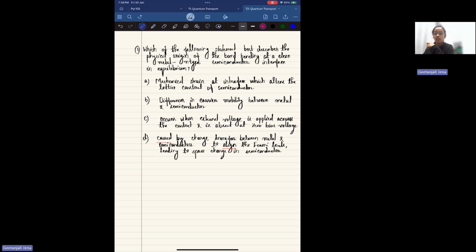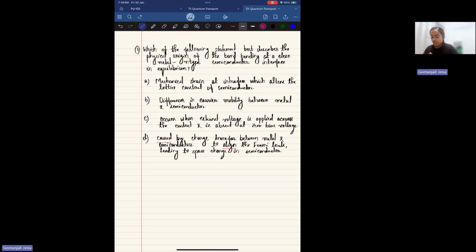C is that band bending occurs when external voltage is applied across the contact and it is absent at zero bias voltage. Option D is that it is caused by charge transfer between the metal and semiconductor to align the Fermi level, which leads to space charge in the semiconductor. So, which one of these correctly describes the physical origin of band bending at the metal and N-type semiconductor junction? If we look at the options, we see that option D is the correct one for this case,